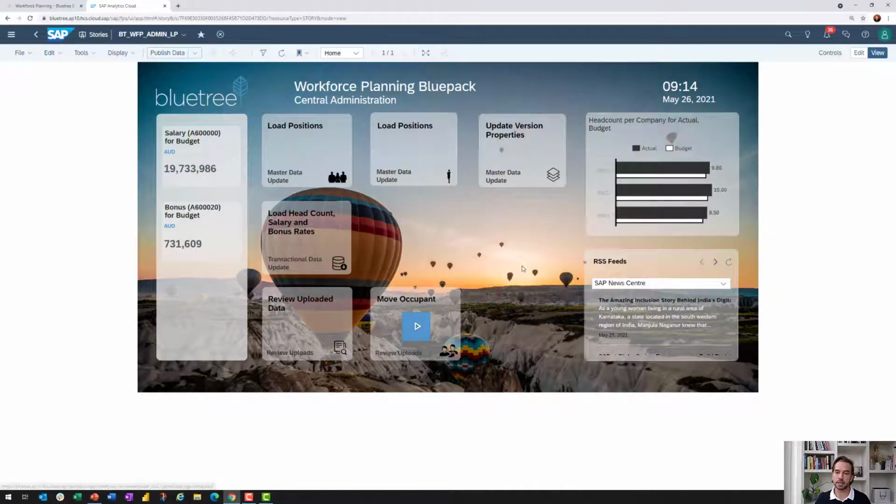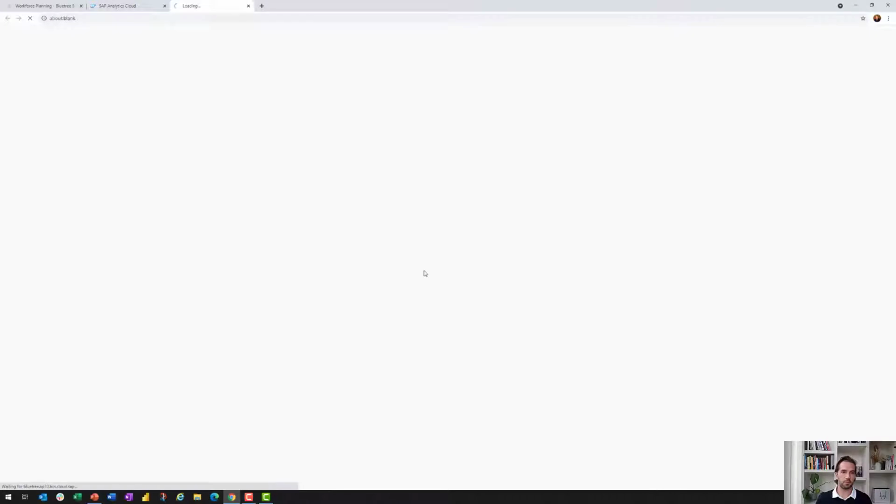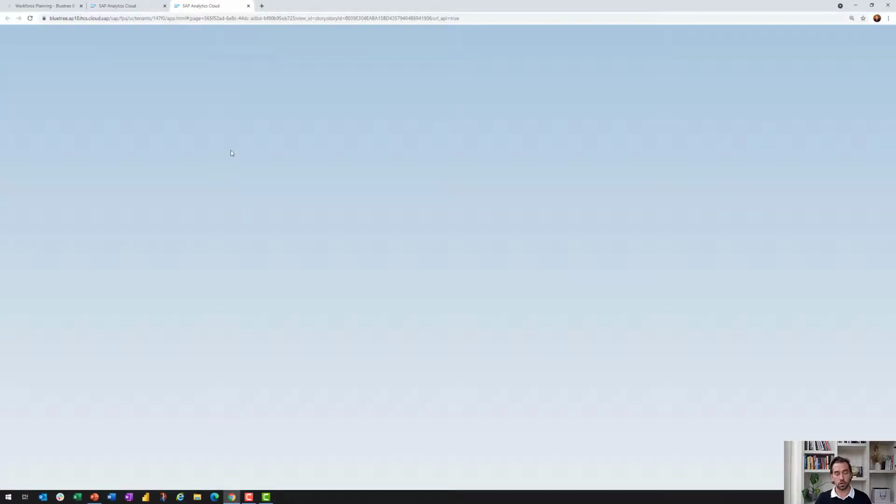So what you can see, again, same look and feel, same landing page to other Bluepack, multiple different tiles that connect us to the content. And this is all about loading those positions, that master data from the source system, updating the required properties, making sure headcounts and rates are loaded and populated, and reviewing those. So, for example, if we review some of the data that was actually loaded, it will open a different page,